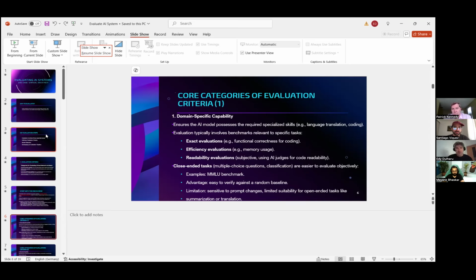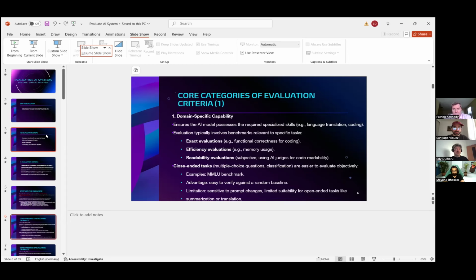So it should be a clear domain, and we want to make sure that the AI system is an expert within that domain. The way in which we can assess it is with so-called close-ended tasks, which are relatively easy to evaluate because we have multiple choice questions and we can easily see how good or how bad the model behaves.